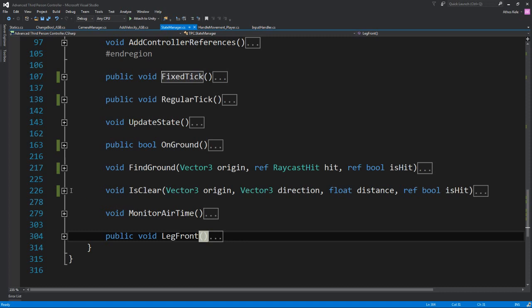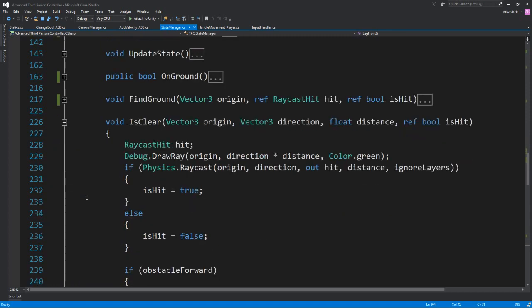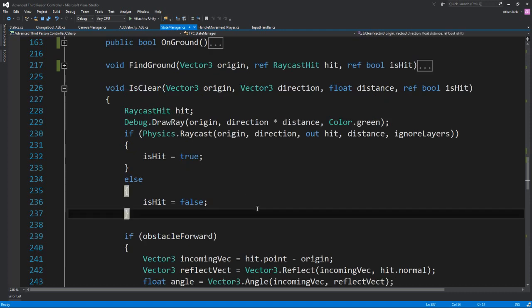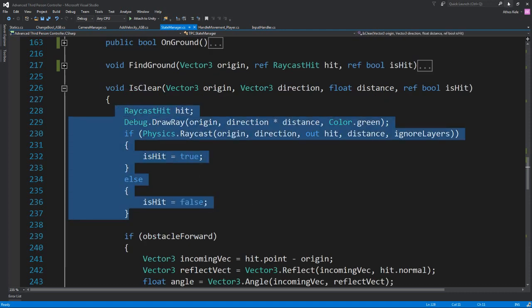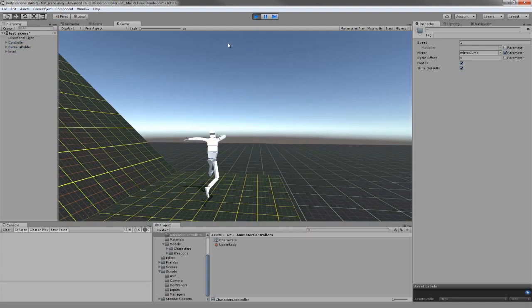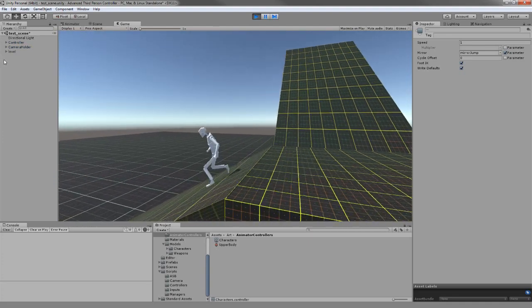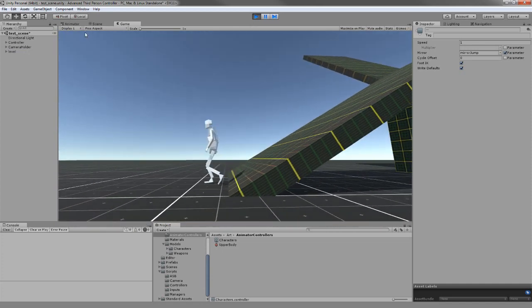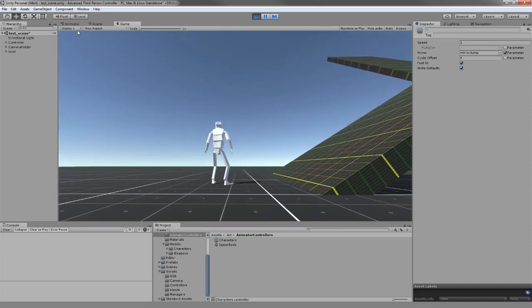And the last thing we need to see is how to play the incline between one animation or not. So we have obstacle forward, but if we keep it like this, the problem with that obstacle forward will have been that when you are going down a decline or an incline, I don't know how to call this,